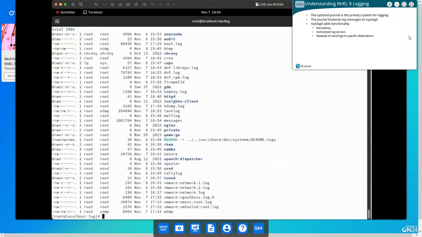It's still operational on Red Hat Enterprise Linux 9 for the simple reason that rsyslogd provides features that are not provided by journald. Features like